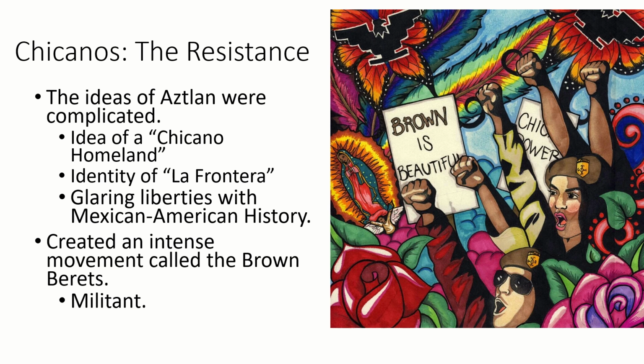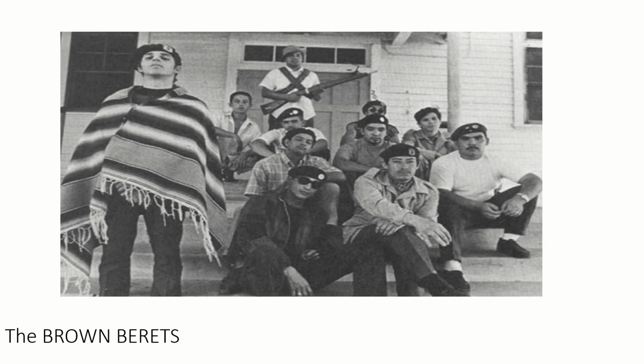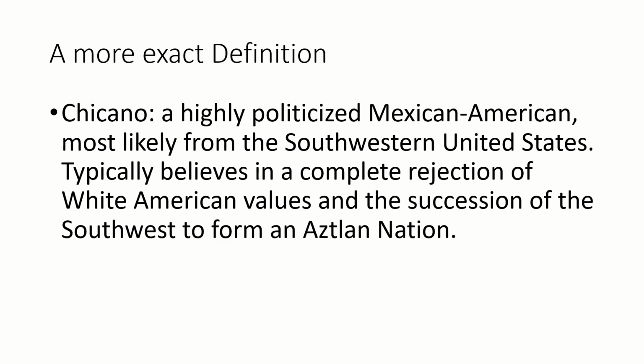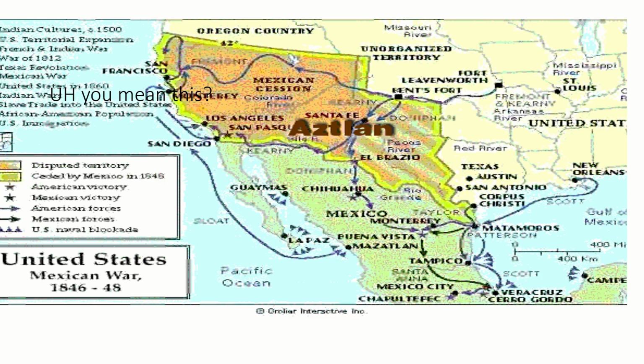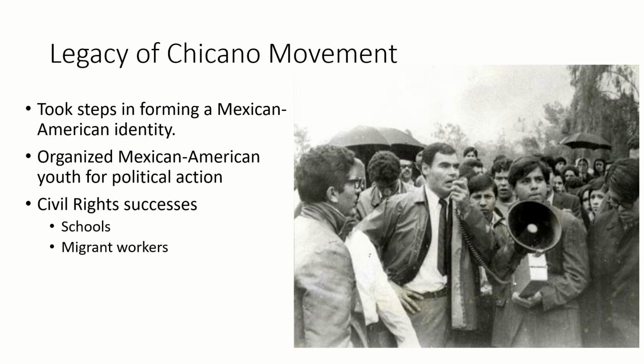And so out of this growth of resistance is going to come, similar to the Black Panthers, the Brown Berets, a militant group of people who are going to arm themselves for what they believe is community defense. What this is all going to result in is the politicization of a group of young Chicanos who are going to be the first to push successfully into American government. And so early civil rights successes in the 1950s, 60s, and 70s enabled and emboldened the next generation of people to push for even more access and rights to make America live up to its promise of equality.